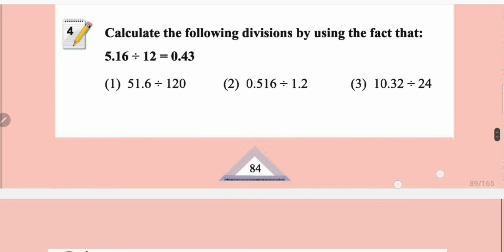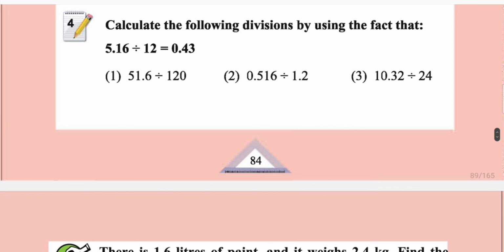Calculate the following divisions by using the fact. 5.16 by 12 is 0.43. Simple. 51.6 by 120. Now divide both numerator and denominator by the same number. By 10, by 10. 5.16 by 12. This is 0.43. Okay, this is 0.516 by